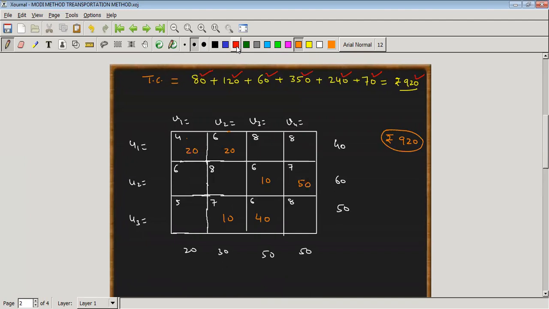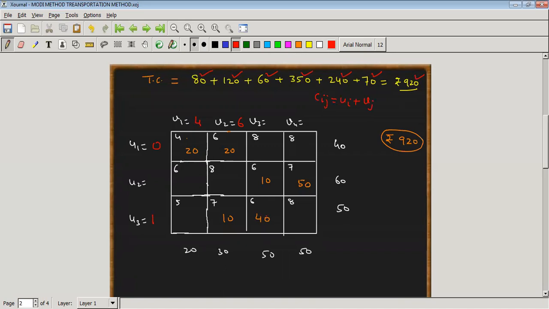Now we check whether it is optimal or not. So again, for consistency, we take u1 equal to 0, because there is an allocation. So we find v1. v1 equal to 4 plus 0 equal to 4. We have to keep in mind Cij equal to ui plus vj. They must be equal. So there is an allocation, so we can find v2 equal to 6. There is an allocation. So we can find 6 plus 1 equal to 7. So u3 equal to 1.